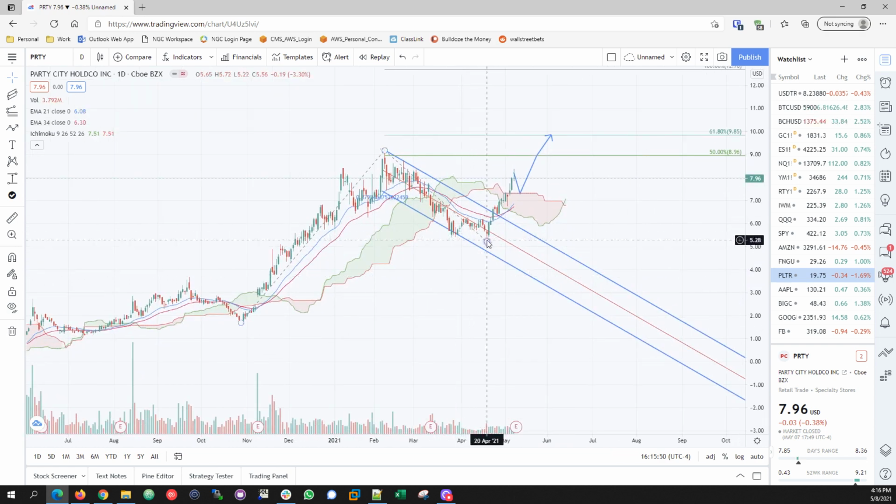Wow, what a turnaround from, you know, $5 all the way up to 8.30s. That's a great move. I believe the move will continue regardless of the earnings. Look at this last earnings gap up, and it just continued on running. I don't know about the last two earnings. The last earning, it didn't play well. So let's see what happens here.